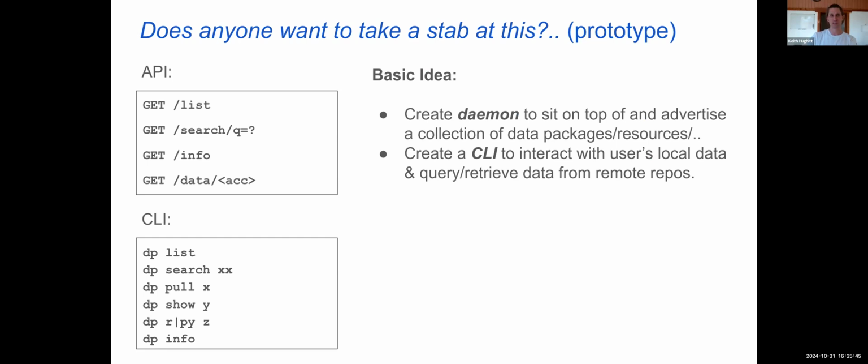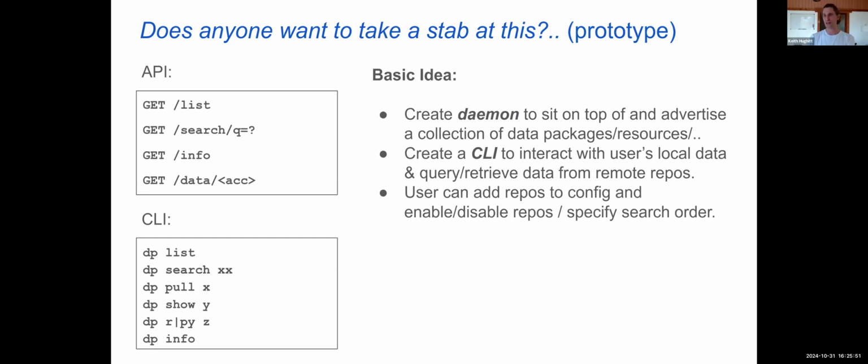So yeah, two sides, a daemon and maybe a client to interact with it. I'm using Conda in my mind as an example of what I would model things after. With Conda, you can specify repos you want to query. And I guess the Linux package managers are similar, right? There are the main supported queries, but they often have a community repo as well, so users can add repos that they trust. This would allow us to have a decentralized nature where universities or organizations could set up servers to host data. It could be domain specific, just the things they're interested in, or it could be a mirror of all the data that's out there, whatever.